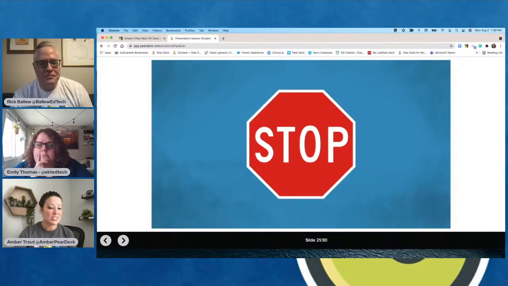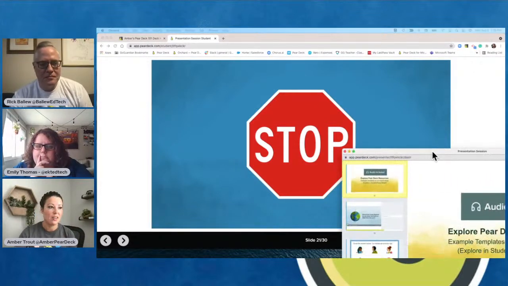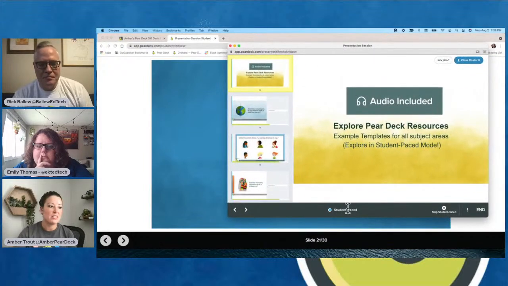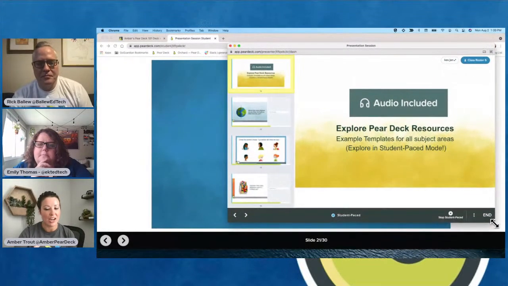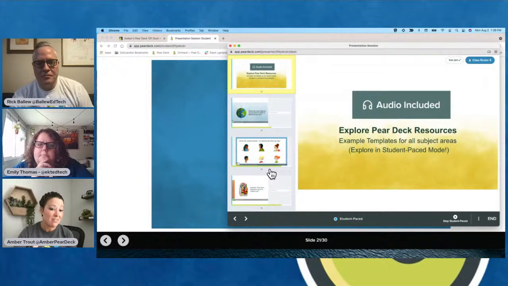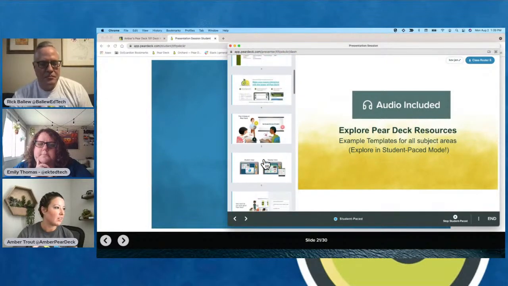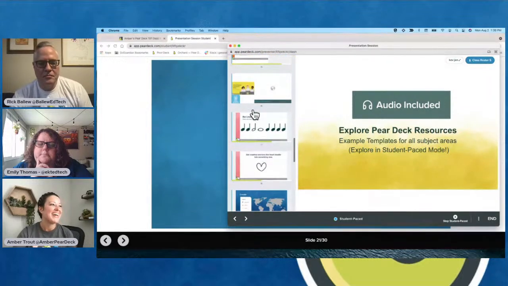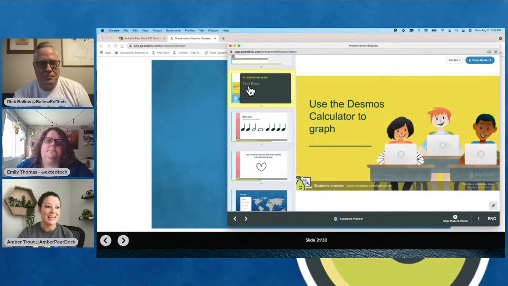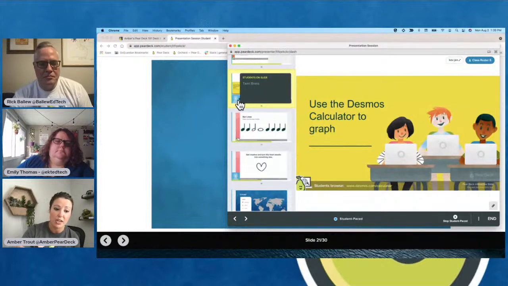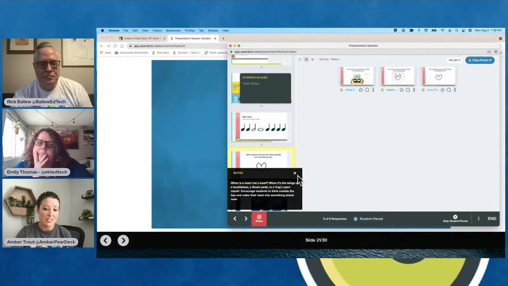Now, before I actually stop this, I want to bring in the teacher dashboard. As you're going through this and they're working independently, you're not losing track of kids. You're going to be able to see where they are even when they're independently working. If I can find anyone in here, they must be all over this place. There we are. There's a little blue head in the corner, and that's telling you kids are on that slide. If I click on the little blue head, I can see the names of the students on my slide, which is really easy for me to say, hey, those kids are still working on there, or I know where they are. You can go back to any slide and see all of the work that's happened in there.